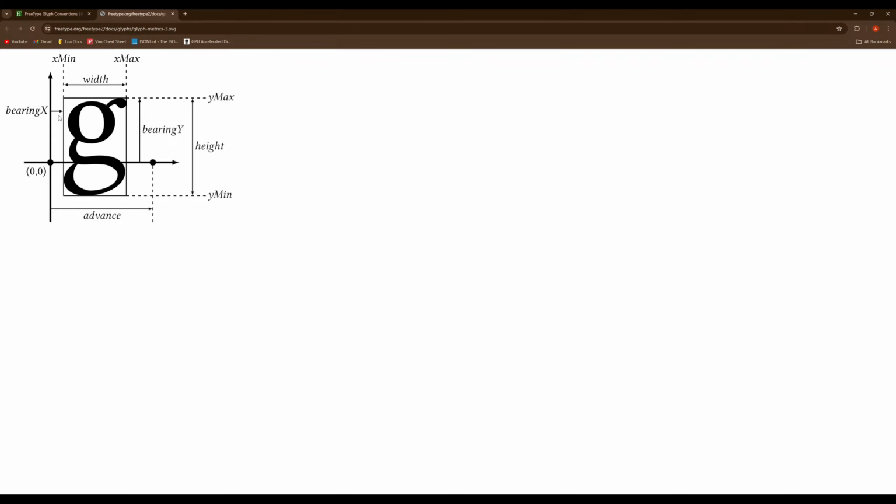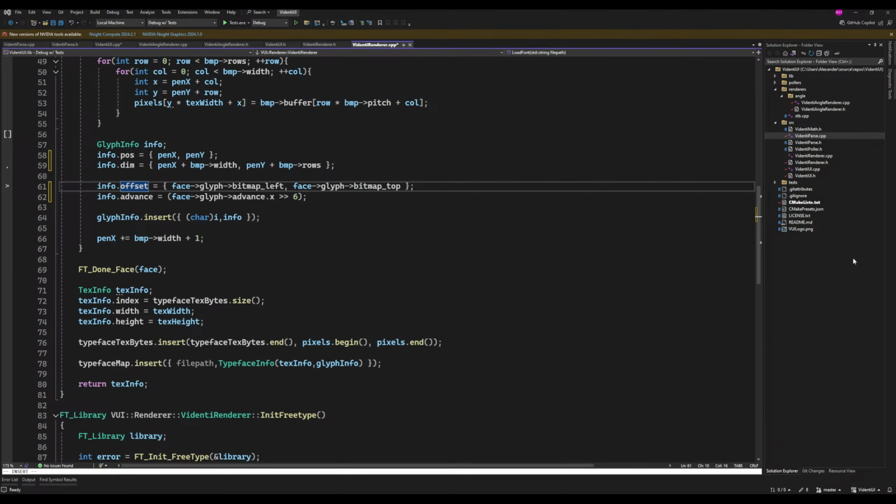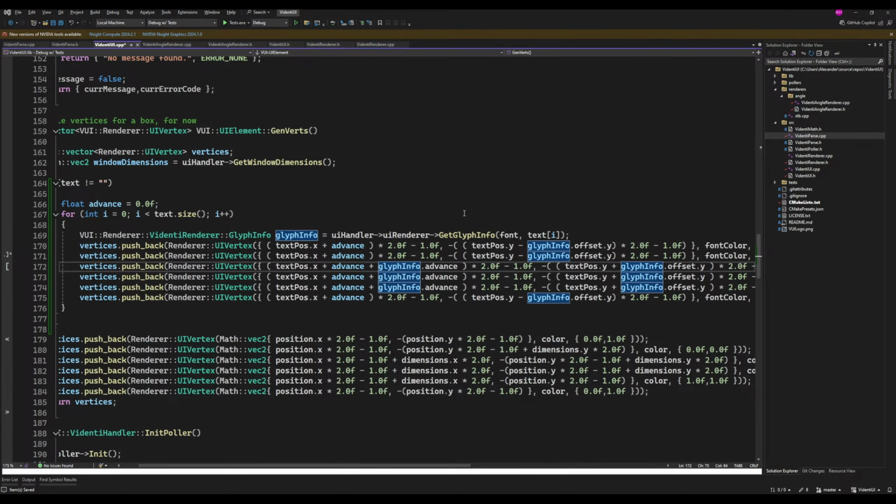Yeah, so the offset on here, I think, is related to that offset in Visual Studio here. So this thing. So, I think in theory, I probably need to go over to in here. I need to, so adding the advance here, because this is basically where that bottom right, or top right vertex coordinates are in that quad that would make up that G that you saw before. So